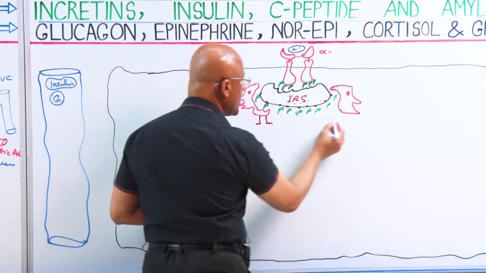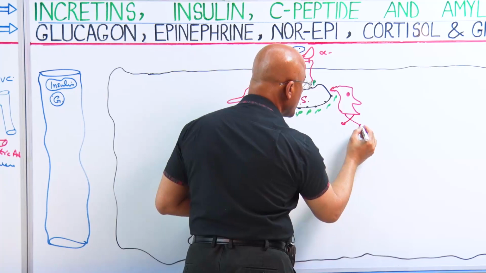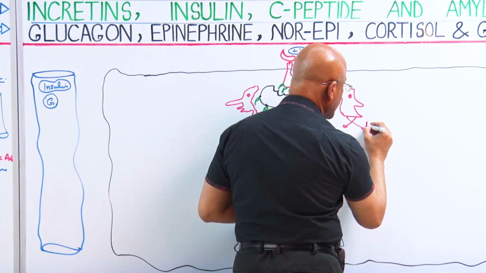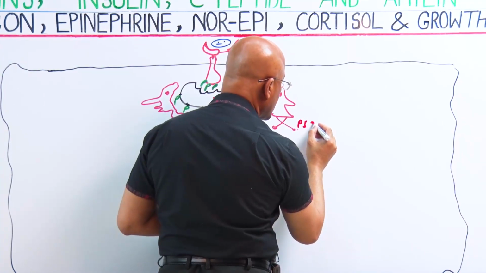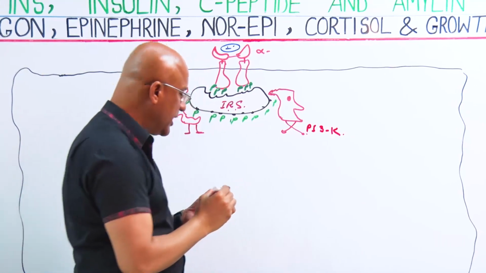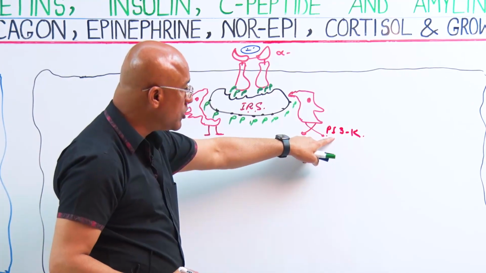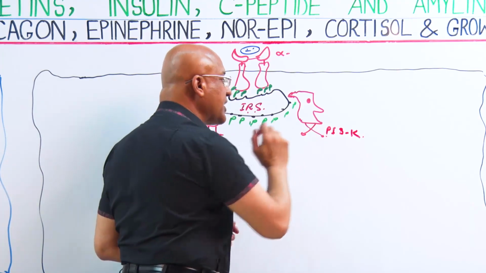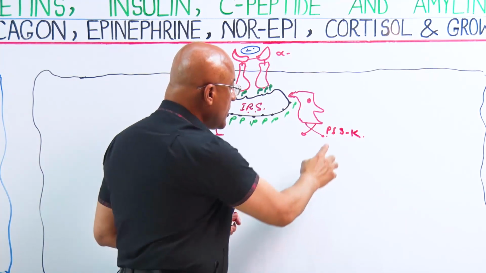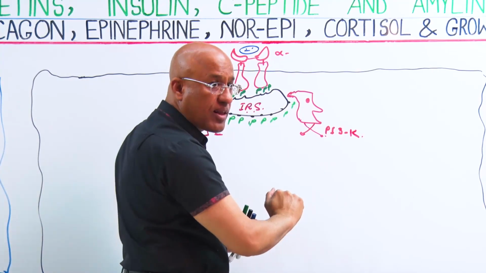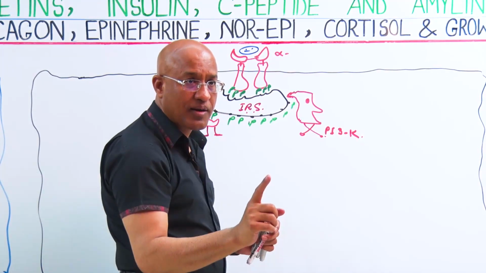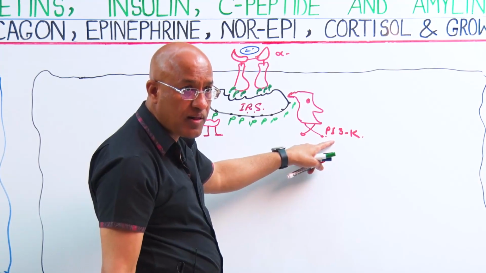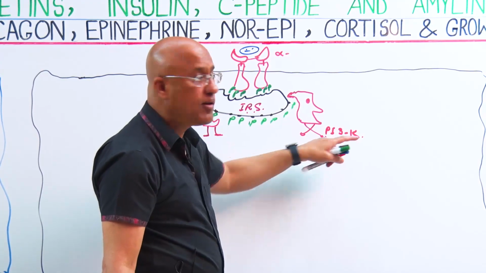These are two pathways which are activated, but these two proteins are different. This protein is phosphatidyl inositol 3 kinase. What do we call it? Phosphatidyl inositol 3 kinase. What will this be doing? It will look for a phosphatidyl inositol unit and lead to the kinase activity. What is this enzyme going to do? It is going to look for phosphatidyl inositol and add the third phosphate.